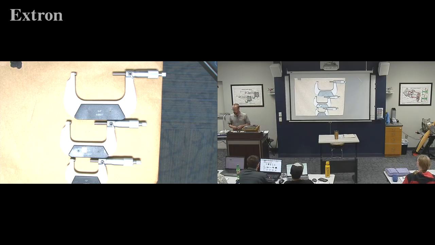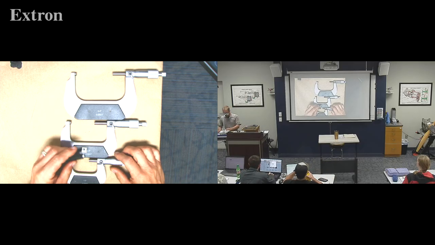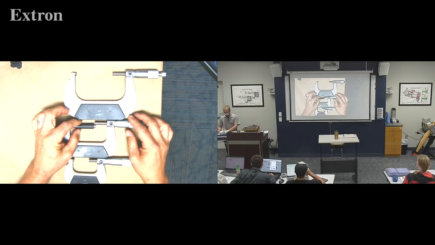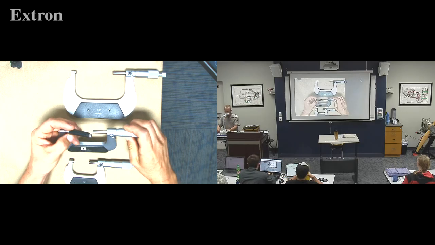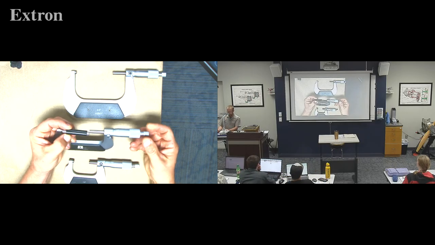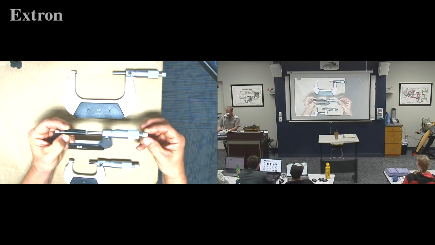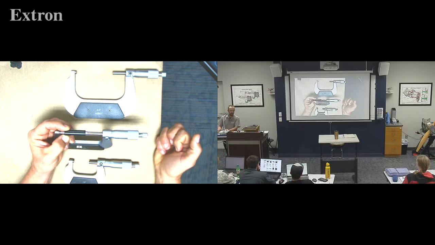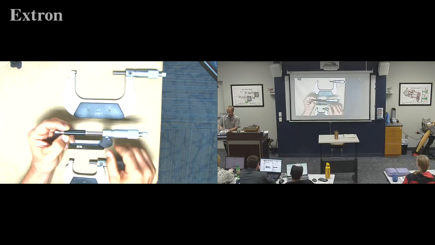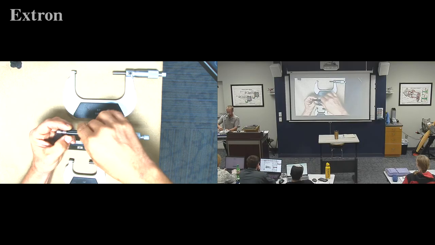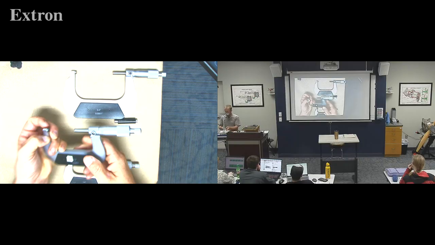Before you start with a micrometer, the first thing you need to do is be able to get the measurement for the size that you're going to be using, okay? So this is a gauge block. You're going to take it, and you're not grabbing this portion here. When you're going to tighten it up, you're not grabbing the big portion. You're grabbing this one right here. You hear it click? Cute little click, click, click, click, click. Okay? And then you lock it, and you can pull it out. Okay? And this will tell you